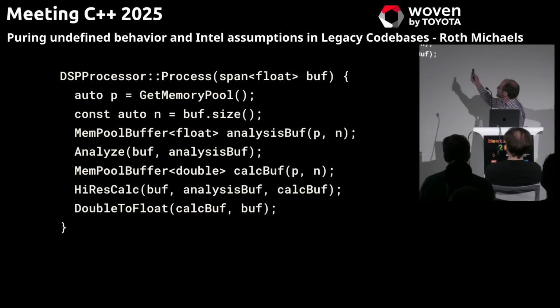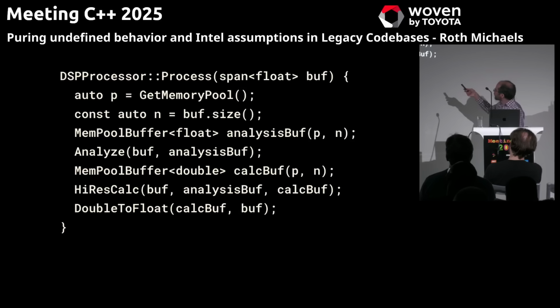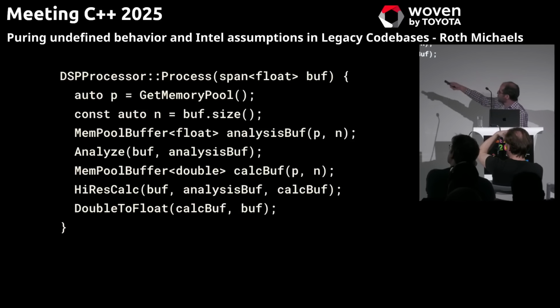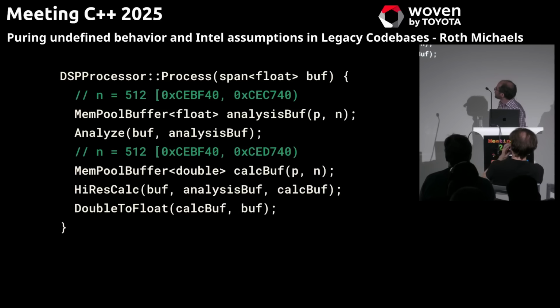And so we'd use it something like this, where we have a memory pool, and we might have some process function that takes some buffer as input, and so we need to create some temporary analysis buffer of that size, so we get that size, and make this analysis buffer with the memory pool. We do our analysis. Maybe we need some other calculation buffer, so we create that, do this calculation, some other stuff. And so what's going on here is the first time we create this analysis buffer in the memory pool, we're asking for 512 floats, let's say, as an example. And so we might get a range that goes from that address to